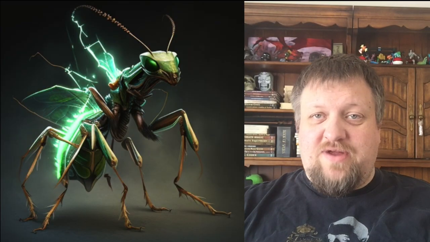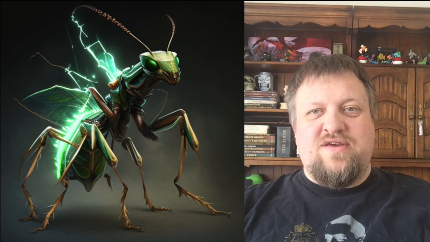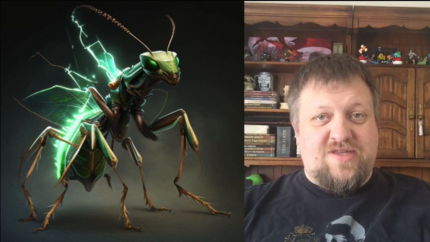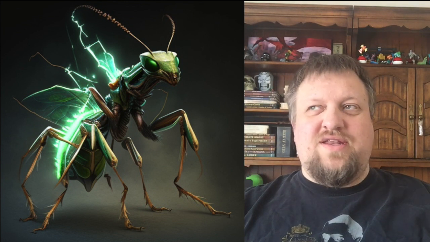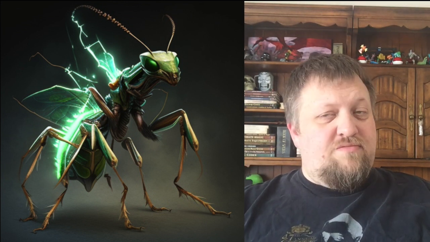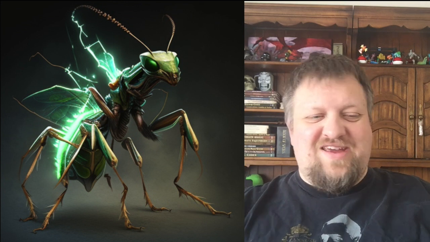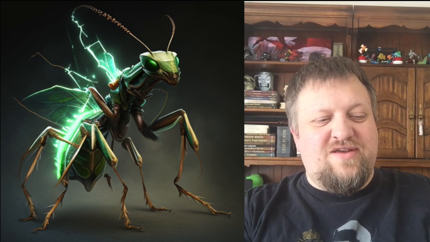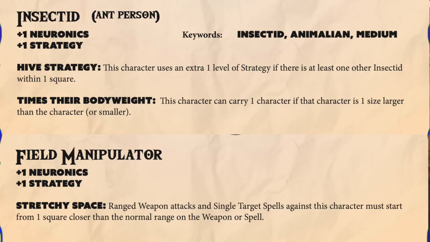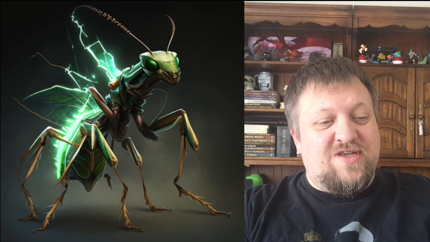So immediately, Ant-Man, I thought in the F.I.S.T.S and M.I.N.D.S system, there is an Insectid. And an Insectid seems like it would be a perfect fit. I found out that the Insectid is neuronics and strategy based, which was kind of a non-match for me. I don't think of the Scott Lang Ant-Man as being the brains of the group or the strategist of the group. And likewise, although it does have hive strategy,